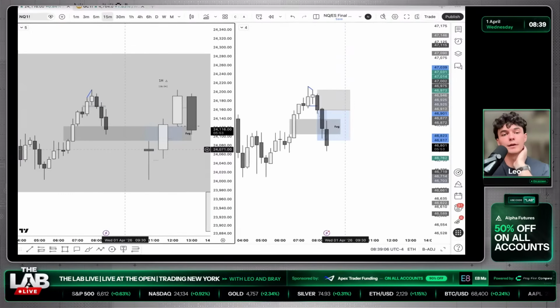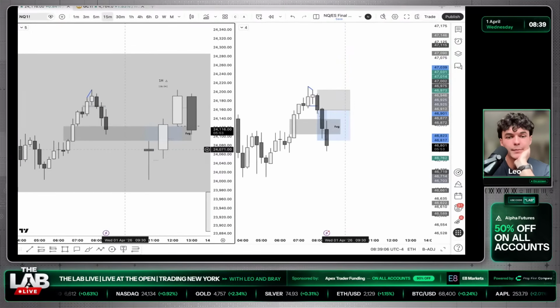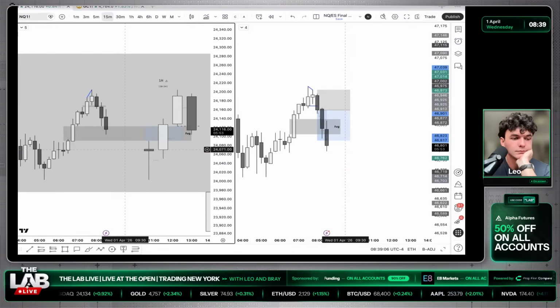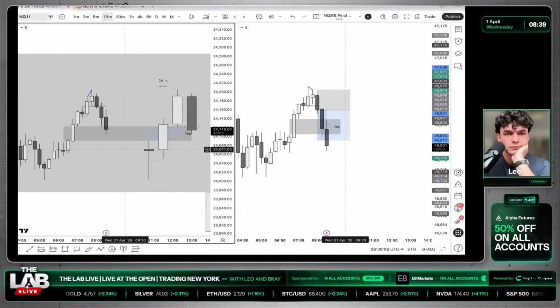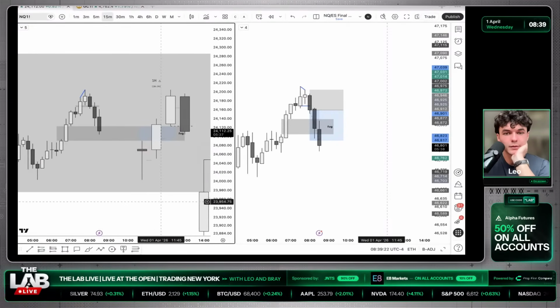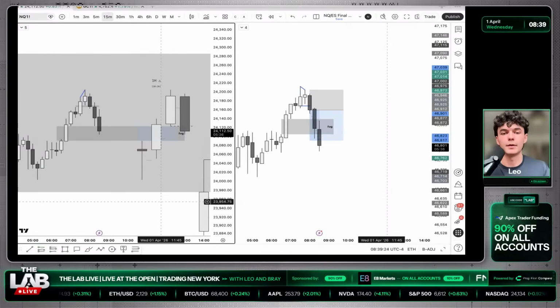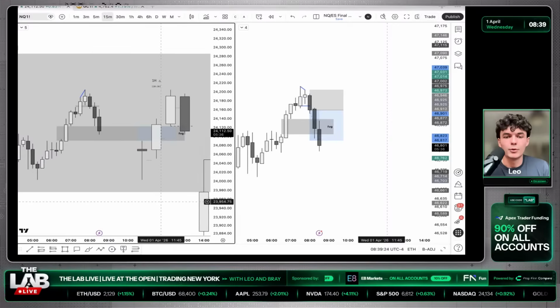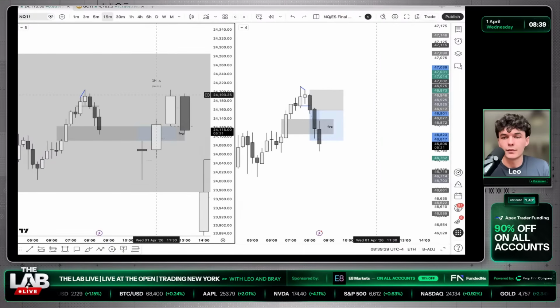Curious to see. Now we're pulling to this fair value here on NASDAQ, so we'll see what happens. What type of sauce is NASDAQ going to get up to? NASDAQ continuing lower, 112. Let's see if we can drop lower here on NASDAQ. Pulled into the fair value. Might be a micro SMT on the 3-minute here.